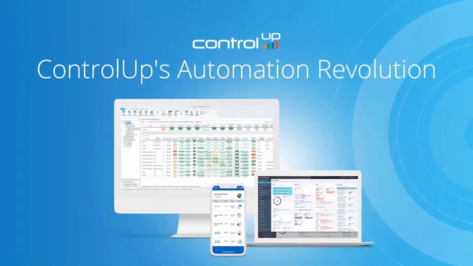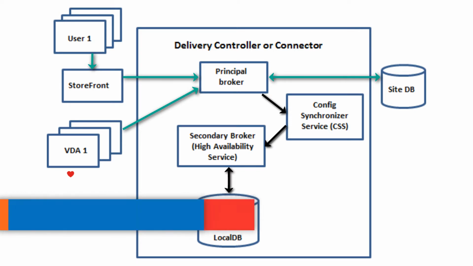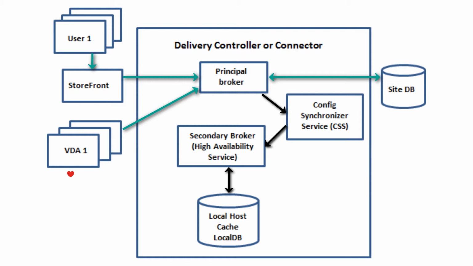To do this, we can look at where ControlUp automation can help us reduce minimum time experienced by a Citrix database outage. To start, we are going to be looking at the process that occurs when a Citrix database outage is experienced. In this diagram, we can see the components of a functioning Citrix service. The principal broker is communicating with the database, the VDA has registered with the principal broker, and the user can